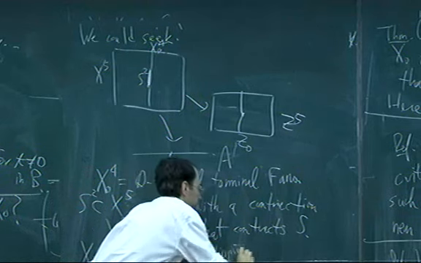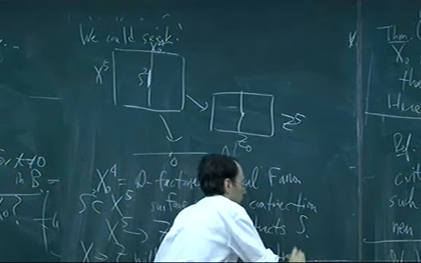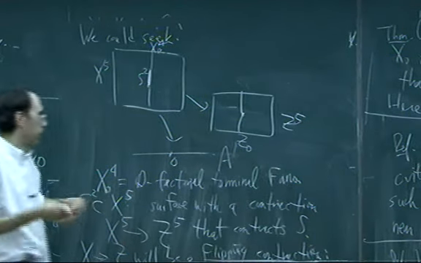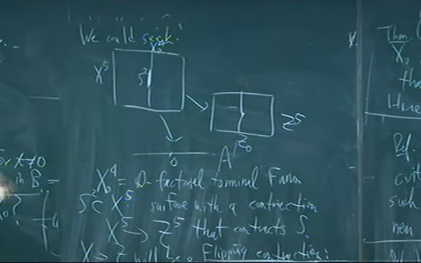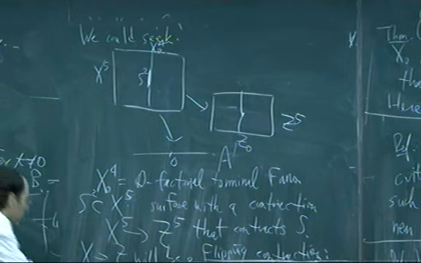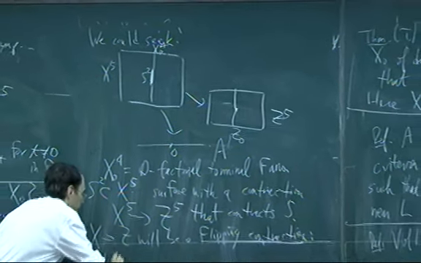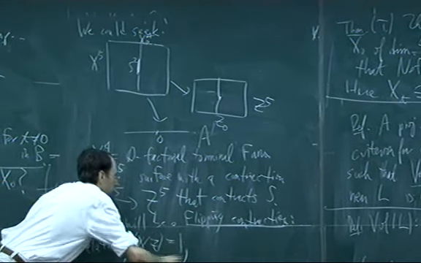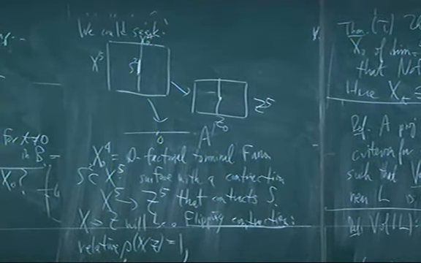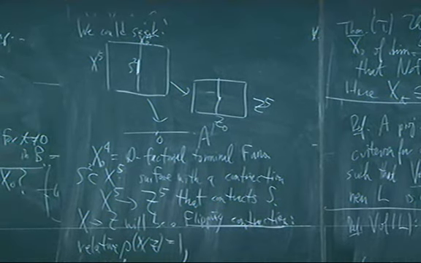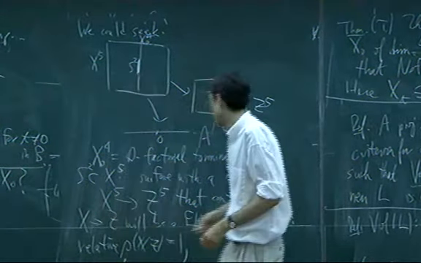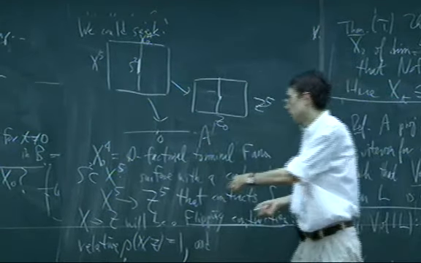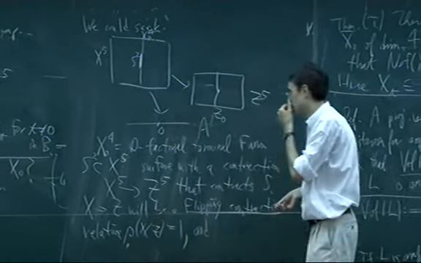It's a contraction in the sense that it's a surjective mapping with connected fibers. Flipping contraction means that it has relative Picard number equal to 1. So in some sense, you're only contracting one numerical equivalence class of curves, roughly speaking. And flipping, as opposed to flopping, means that the canonical bundle of X has negative degree on the curves that you're contracting.